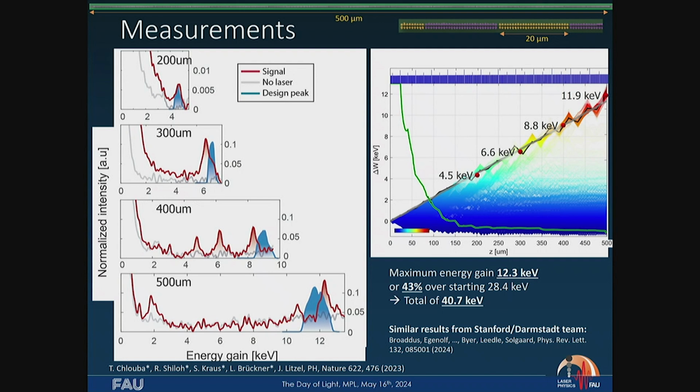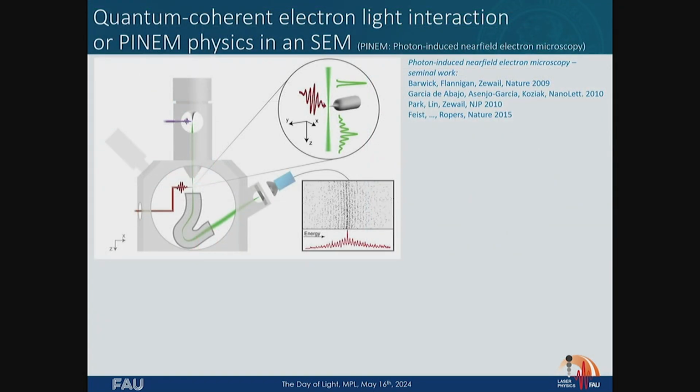We have to get the currents up. We have to get better structures to feed more electrons in. But this is the status. And just to show you one thing, here we also see that the electrons not only interact with a light field classically, but when we measure the energy of the electrons carefully with a resolution better than the photon energy, we actually see that the energy transfer between light and electrons is quantized.